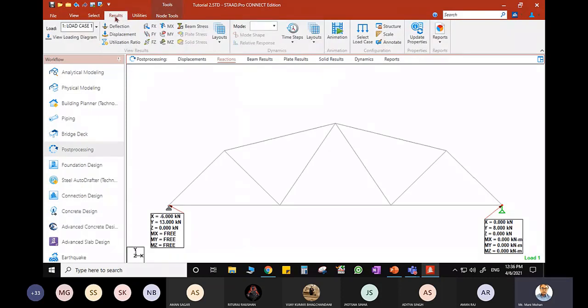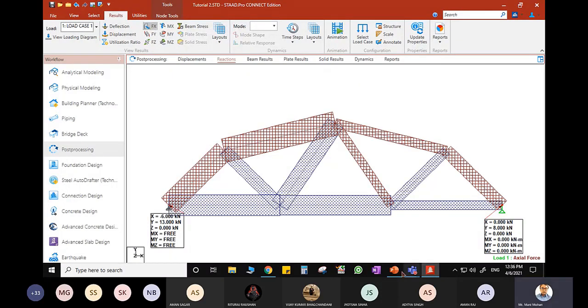Go to the result option. I want axial force, so select Fx. I hope you all are getting this diagram. Now please understand, whatever brown shade you see, that is indicating compression, and whatever blue shade you see is actually tension. Now how am I saying this?